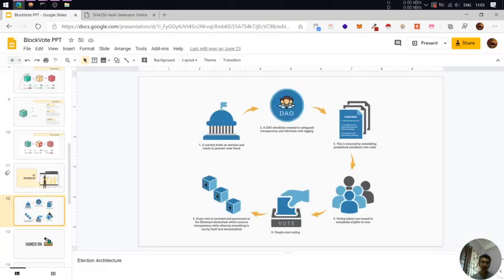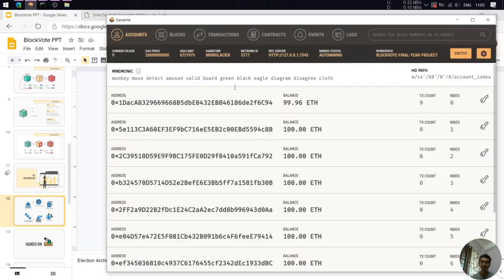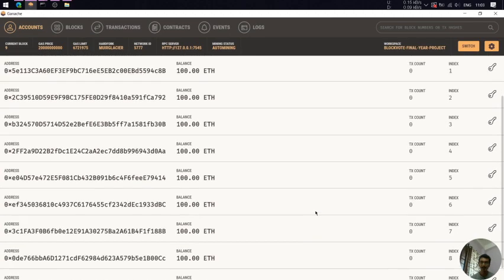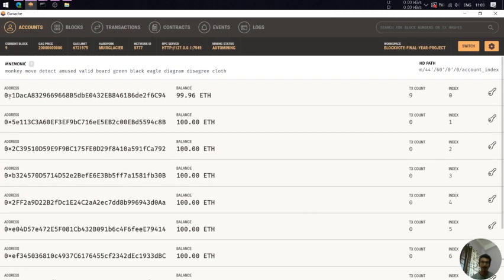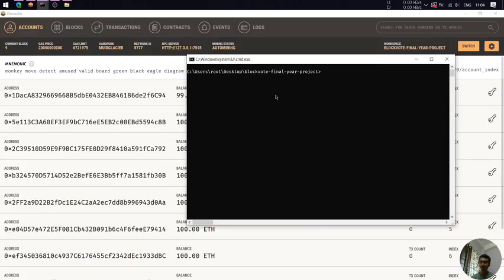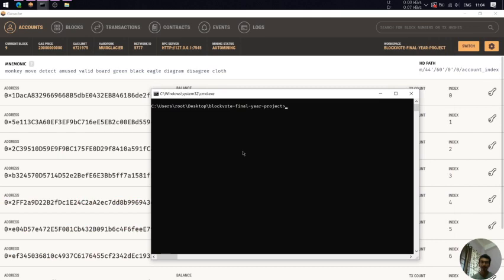So let us look at the components first. I said the country holds the organization, a smart contract will be created and it will be stored in the blockchain. So let us look at the blockchain first. Here you can check out the blockchain, where this is the address, balance, transaction count, index, details. We will be talking about this. Before that, let us run the application. So the contract is out here in my directory, so I'll try to compile the contract.